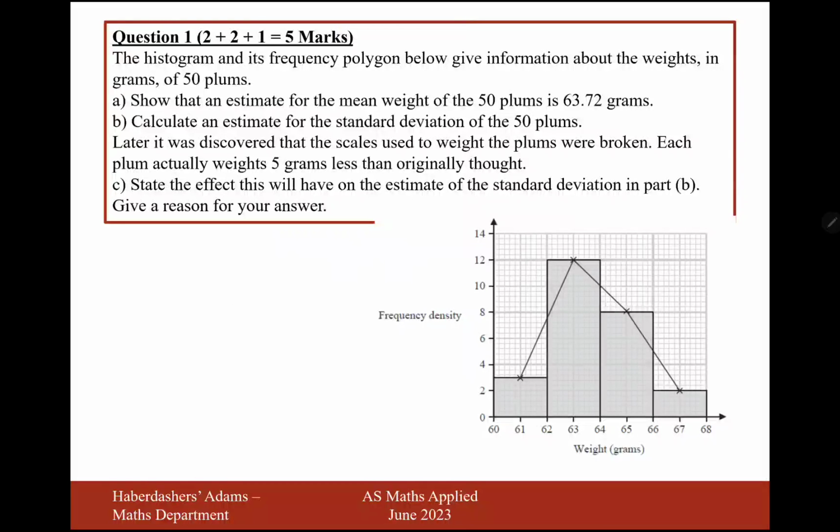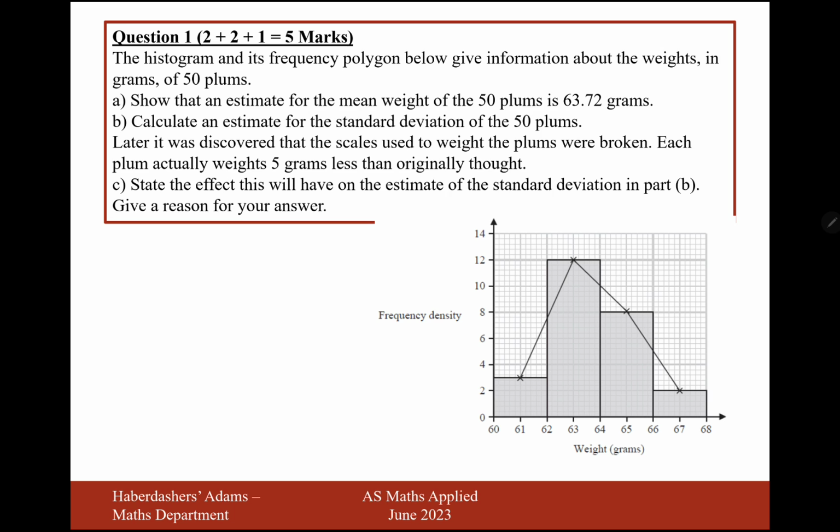Here we're looking at question 1. The histogram is a frequency polygon. Below gives the weights in grams of 50 plums. Show that an estimate for the mean weight of the 50 plums is 63.72. Okay, so we're given a histogram here, and the key thing about a histogram is that the areas of